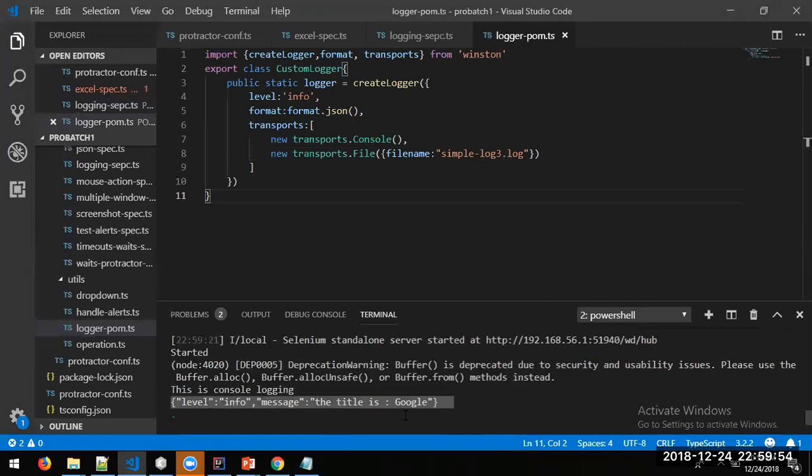Now, if it is in a JSON format, it is nothing but your map. Every JSON file has key and value pairs, as Sanjay was telling. Sometimes, instead of normal prints, we might want different formats, something with differentiated levels. Previously we were seeing info and the title, the level and the message. Now here also we are seeing the same thing, but if you want to go for more complex,